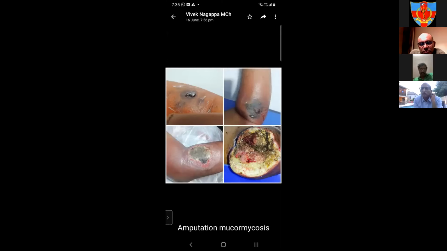What are the cutaneous lesions? How many cutaneous lesions have they seen? These are some of the interesting cases which we are getting in our ward. This is one cutaneous case. The others are two lung cases, pulmonary mucor suspected and radiologically also we have seen. So I just wanted to know the feedback from others.